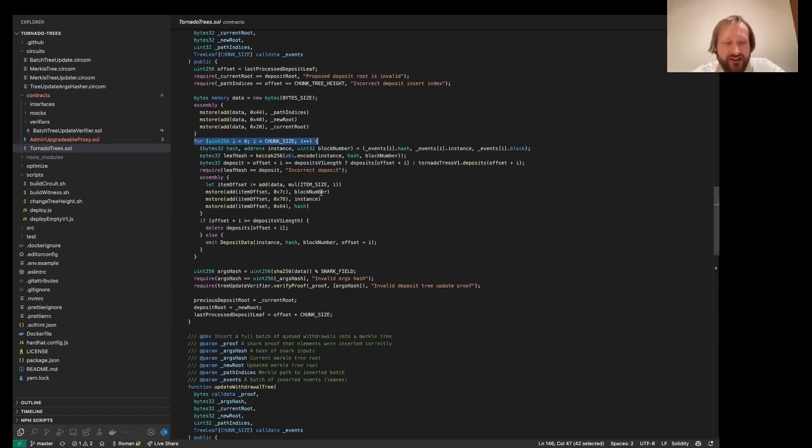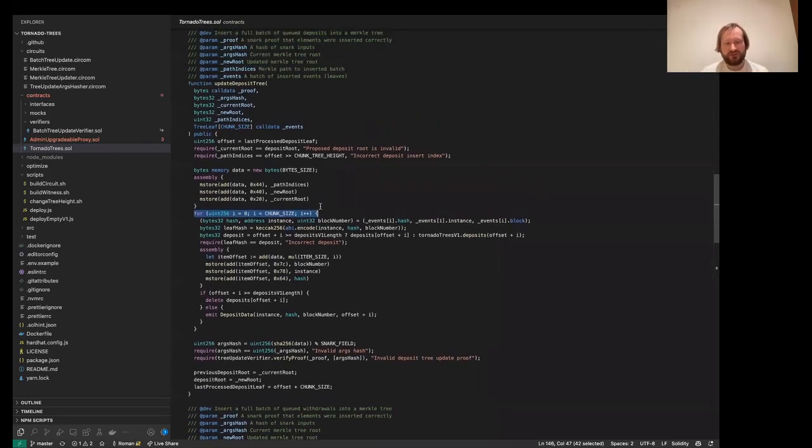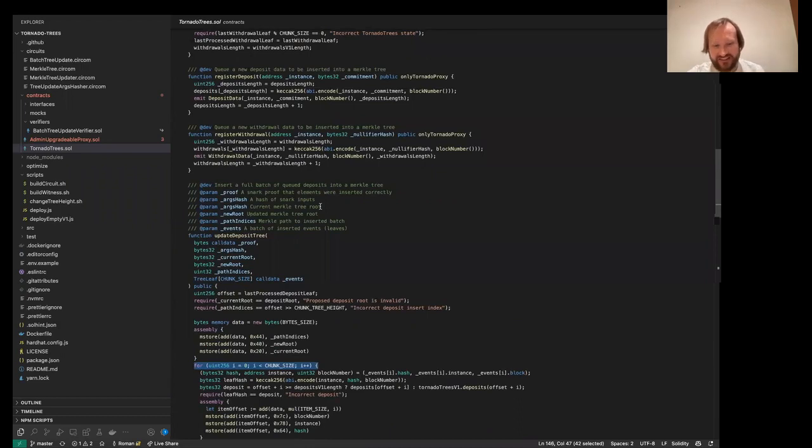In case of Tornado Cache, it's a bit different, because when a user does a Tornado Cache transaction, this additional data is emitted in the event and actually saved on chain. So in case of Tornado Cache, it's already on chain. So someone just needs to wait until there is enough data for a chunk.